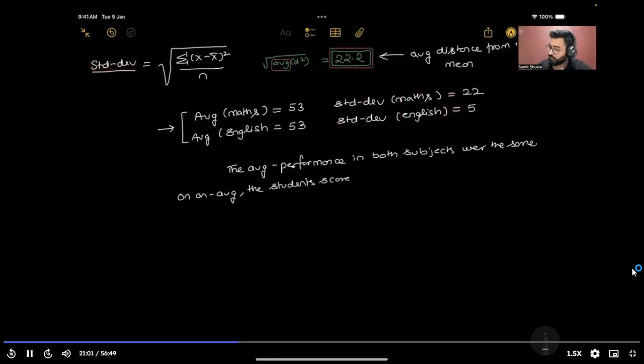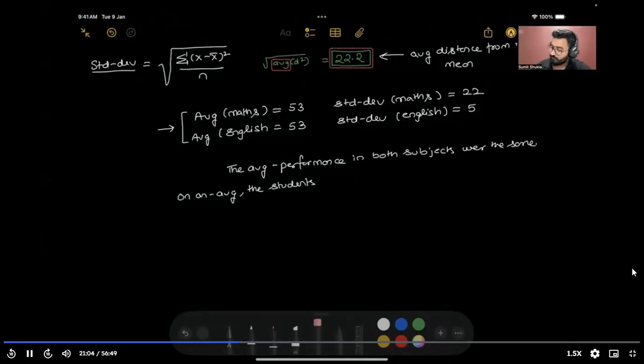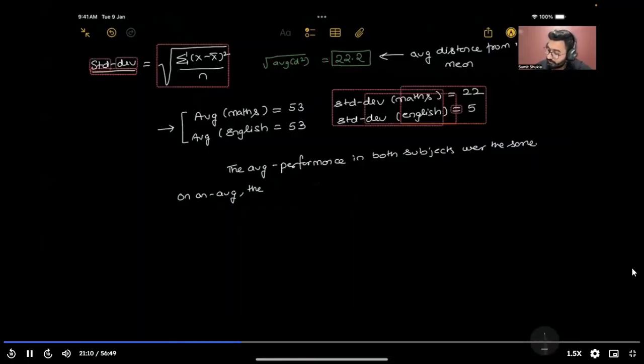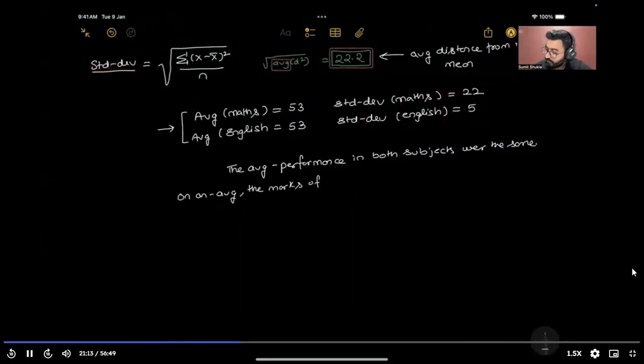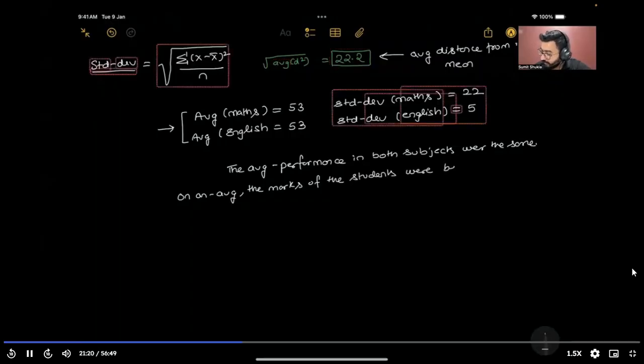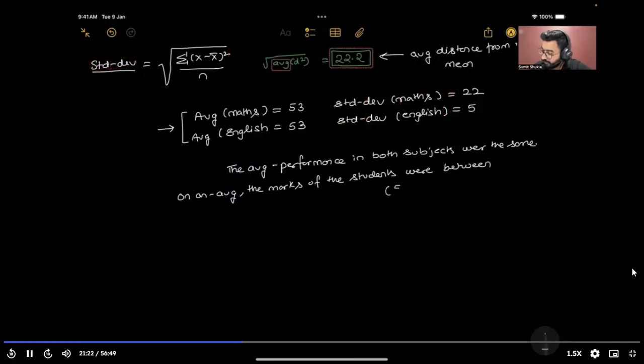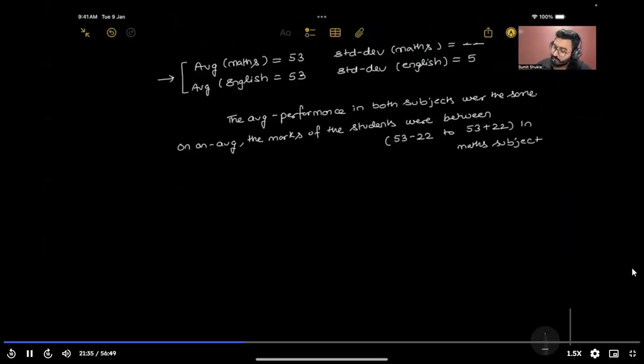On an average, the marks of the students were between 53 minus 22 to 53 plus 22 in maths subject,